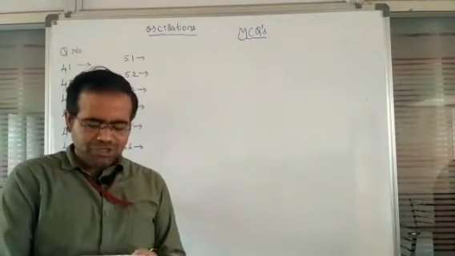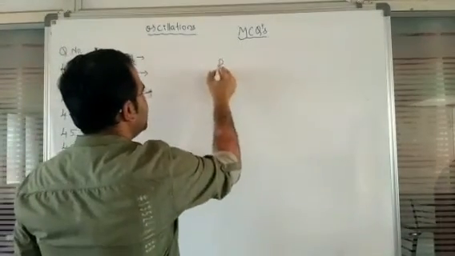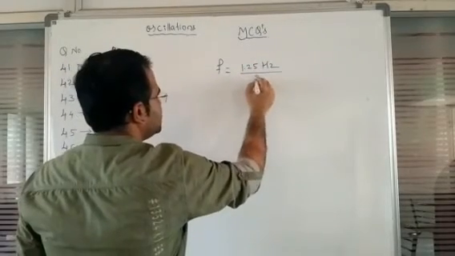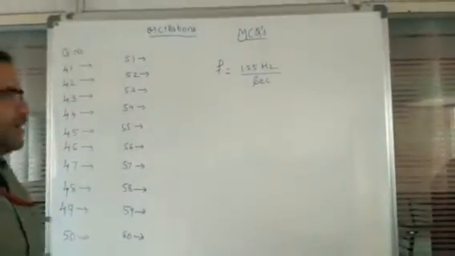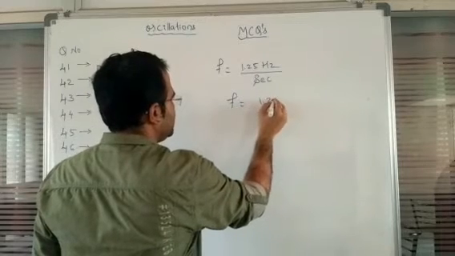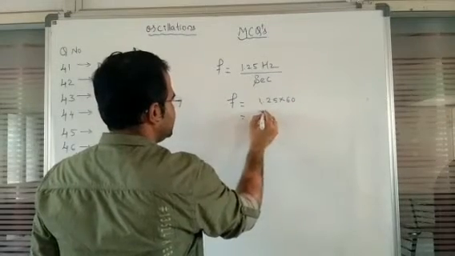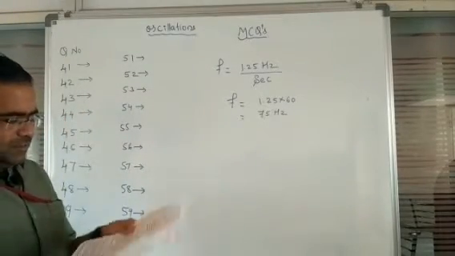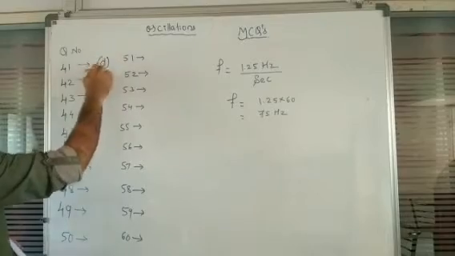Here in question number 41, frequency is given. The frequency we observe is f equal to 1.25 hertz. But remember, this is always with respect to per second. They ask us to calculate the frequency for 1 minute, so we can write 1.25 multiplied by 60. That gives the value 75. So for question number 41, the option is D.